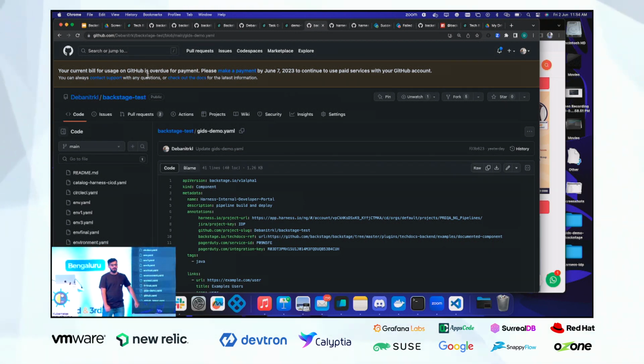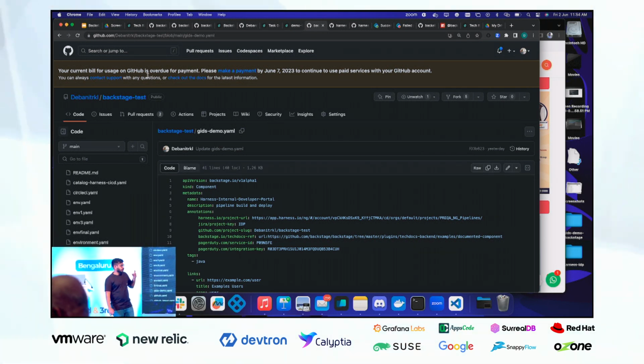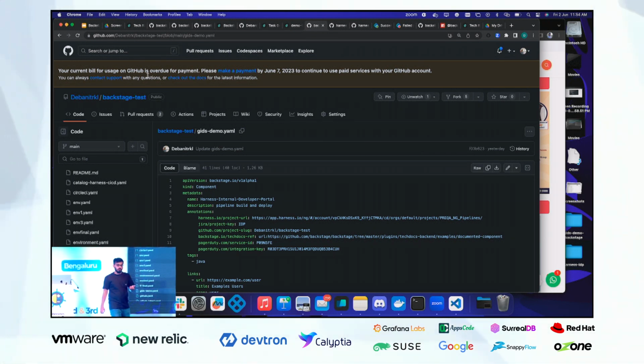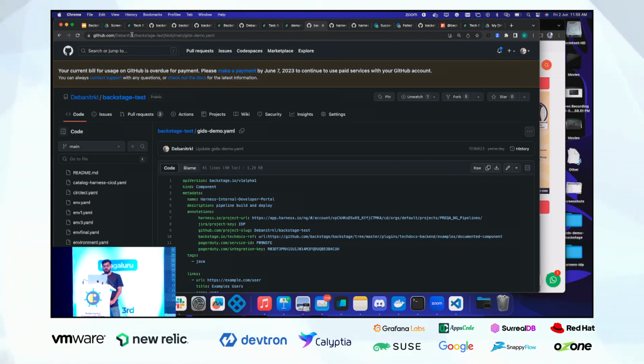PagerDuty. There is an API key, and there is something called app config YAML inside Backstage, which is also a YAML, where, when I talked about the proxy, you need to set up the parameters for your proxy server to work. The source of truth for what you want to view in your portal and how you want to maintain it is this YAML. And when I talked about templates,